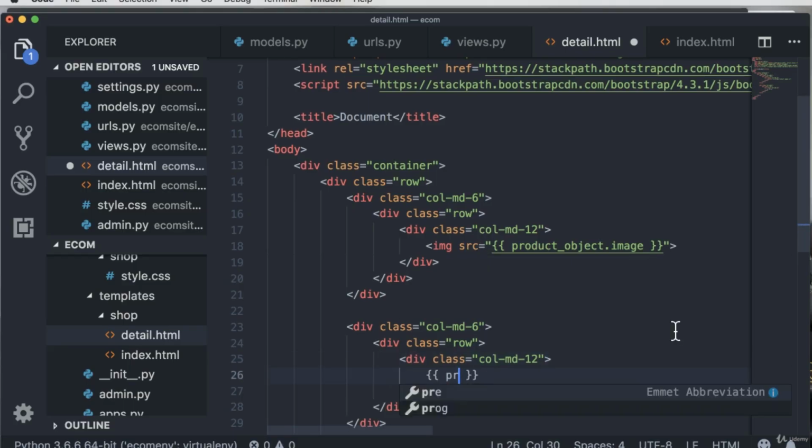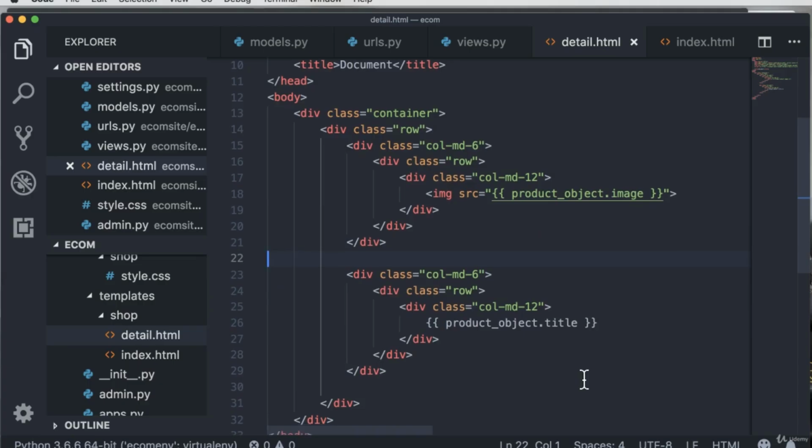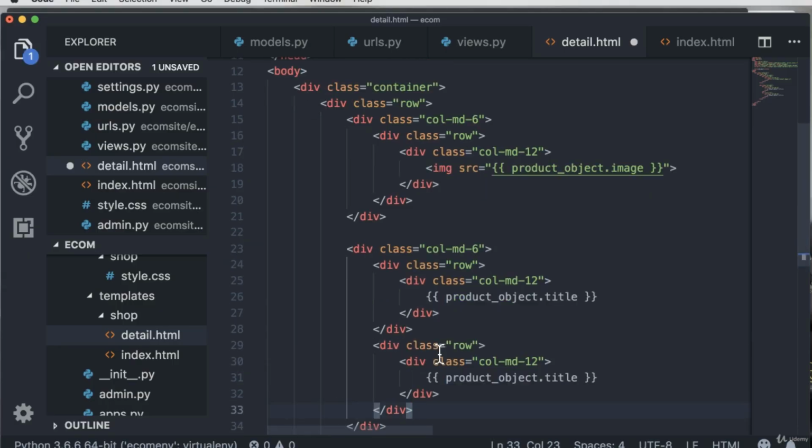So in here I can type in product_object dot title. So this is the same thing which we have done right here. Just as we have accessed the product image, here we have accessed the product title. And now after accessing the product title, I can now go ahead and access the product's price over here. So for that very purpose, I can simply go ahead and recreate this particular row down right here. So I can go below right here, paste this thing over here, and instead of the title I can say price,